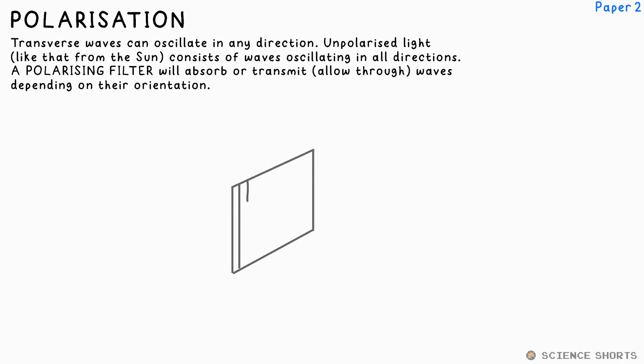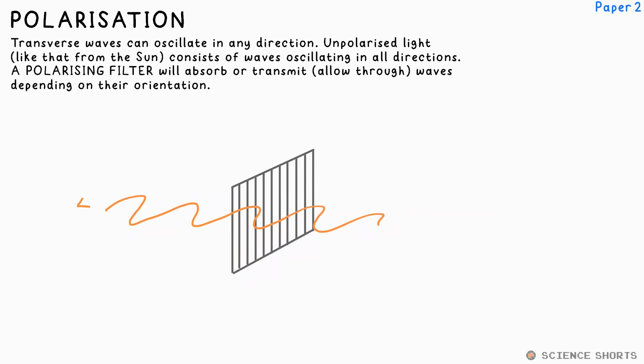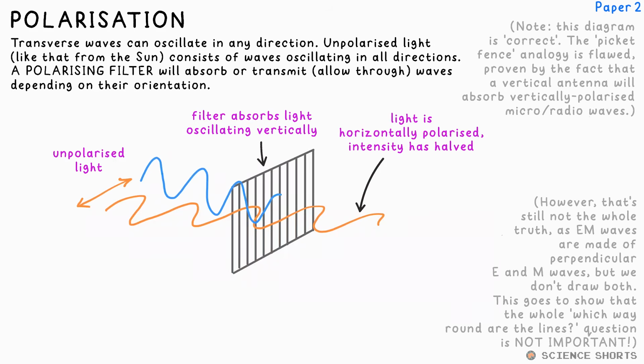Light emitted from the sun oscillates in all orientations. However, if you have a polarizing filter made of very small lines, it only lets half of the light through. Only half is transmitted. This is because it only lets waves of certain orientations through. We say that if the lines are vertical, waves oscillating vertically are absorbed, while horizontally oriented waves are transmitted, pass